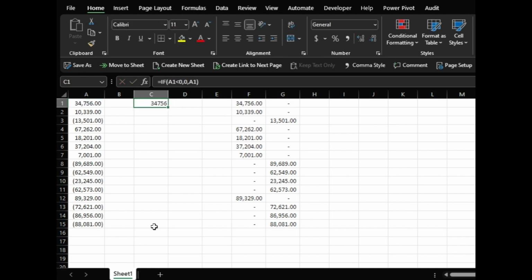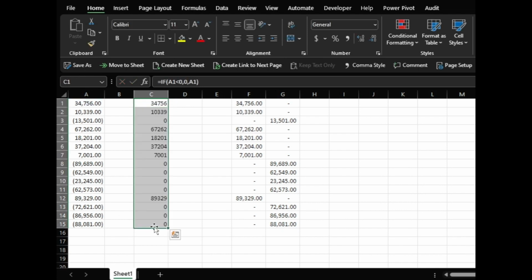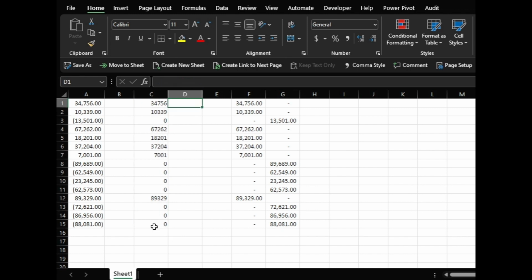Then we can copy it down. So here you can see all the negative numbers are zeros and all the positive numbers are entered correctly. So next, I will copy this one and paste it here. So now I'll change